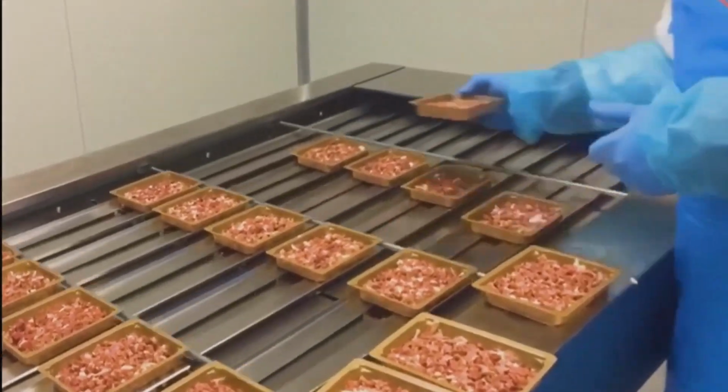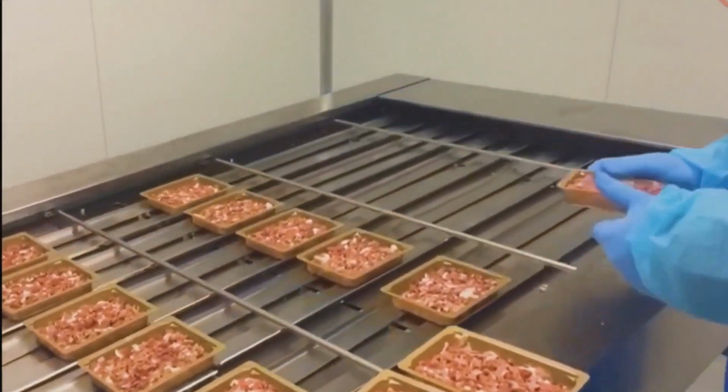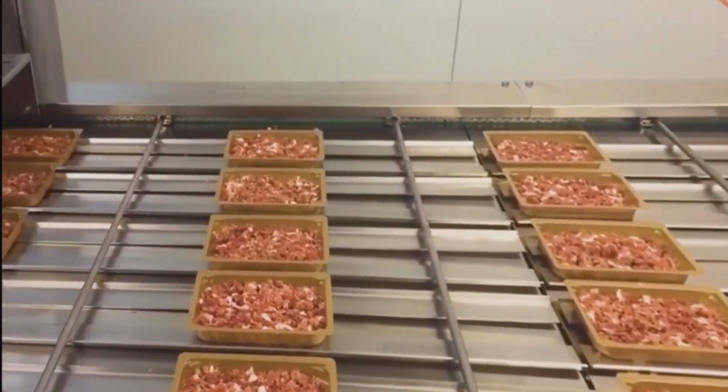Looking at the operation of this machine, you cannot help but be impressed by the efficiency and precision in the tray gluing process. Each piece of meat is made of a special material,